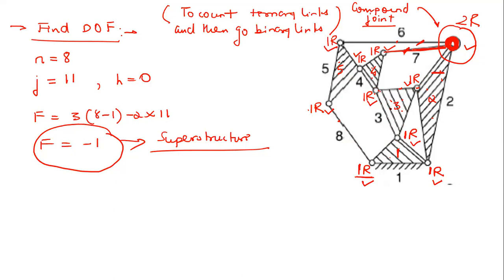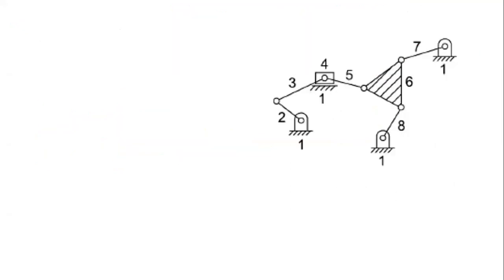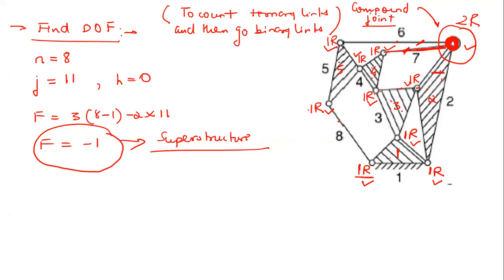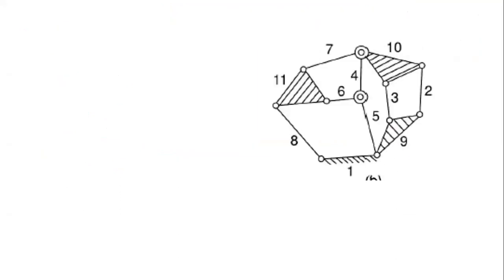If you take this, only 3, 4 are connected, right? So see, this entire ternary link will be modeled as a single link. Just remember this, never get confused about this, right? So it will become more clear. Let us solve more examples. Let us solve this one, right?